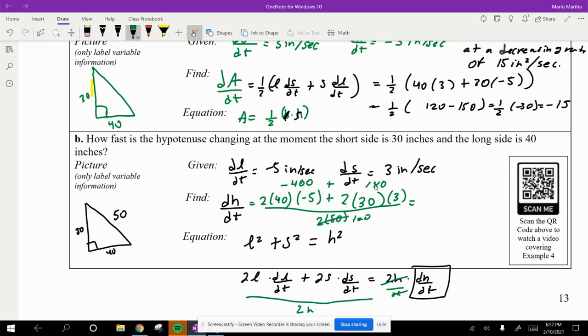So that's going to be negative 220 over 100. And then here, we can pretty much say that the hypotenuse is changing at a rate of negative 22 over 10 inches per second, which is negative 2.2. All right, so